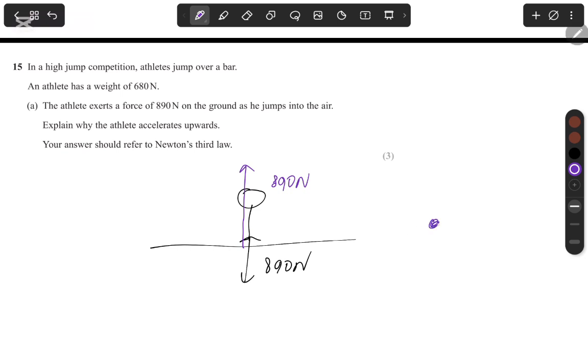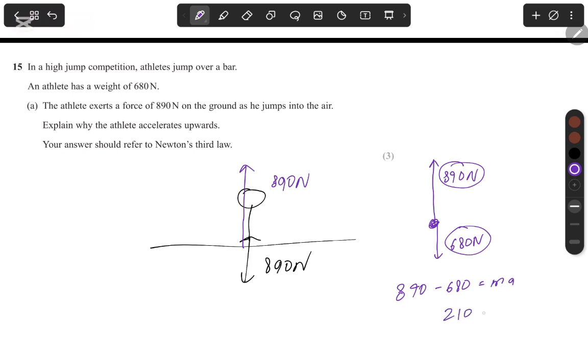Okay, now I'm going to draw the free body diagram of the athlete just before he's about to jump and go in the air and accelerate upwards. So we're going to have that 890 newtons force, and then we're going to have the 680 newton weight force. So these are the two forces acting on the athlete. This is the force from the ground, and this is the force from the earth. So we can say that 890 newtons minus 680 newtons, there's going to be a resultant force equal to MA, right? So 210 newtons is going to be the resultant force equal to MA,